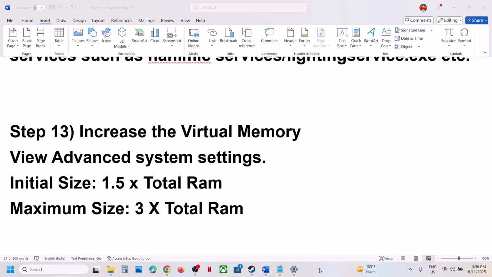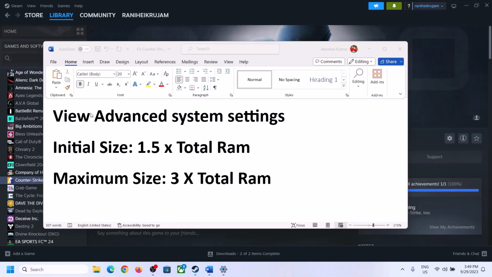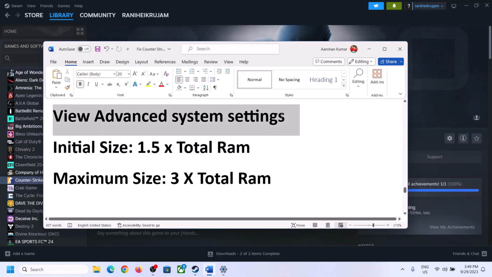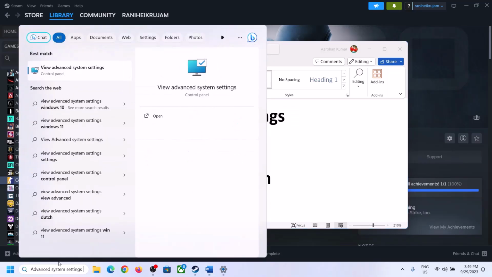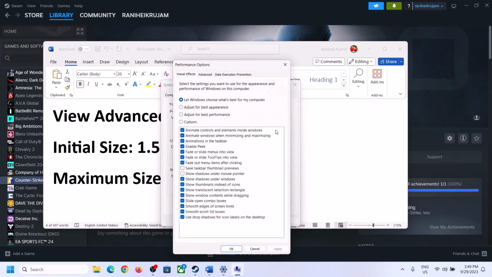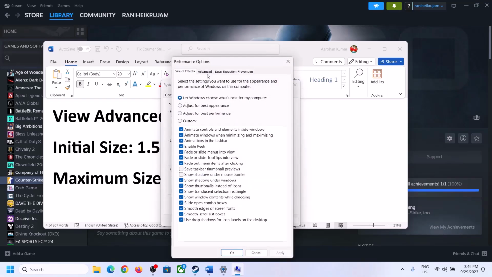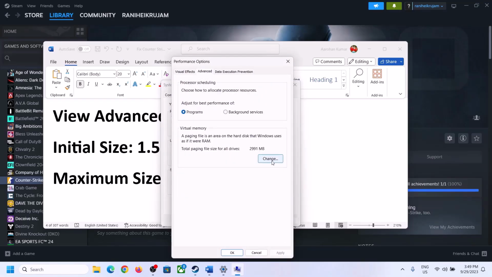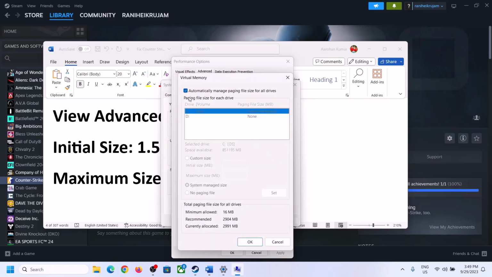Next step is to increase the virtual memory. So to increase the virtual memory, type in View Advanced System Settings in the Windows search box and then click on View Advanced System Settings and then click on the first settings and then go to the Advanced tab and then click on Change over here and then select the drive. So uncheck the box which says automatically manage paging file size for all drives. Uncheck this box and select the drive where the game is installed. So select the drive, and then once you select the right drive, now put a check on custom size, and